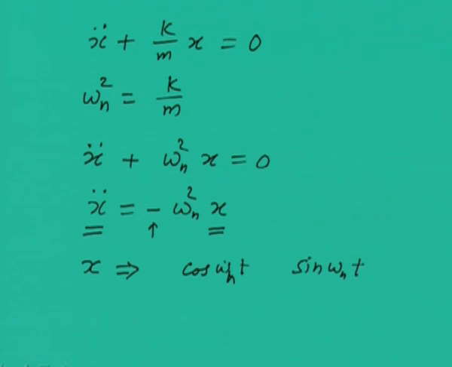These are the functions which will satisfy this particular equation, and because it is a second order differential equation and we have two such functions, we can form a general solution out of these. So the general solution of this will be A sin omega nt plus B cos omega nt,